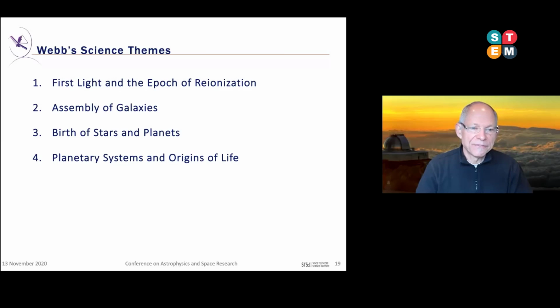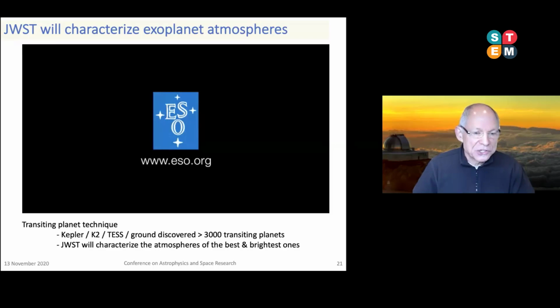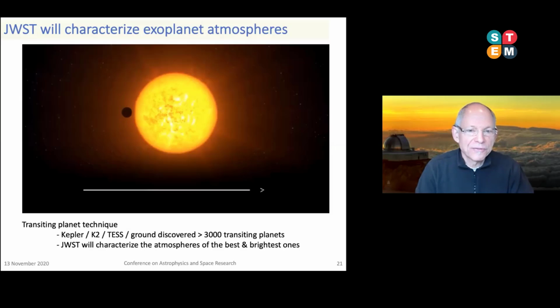And then the fourth theme is studying planetary systems and the origins of life. So this is both studying things in our own solar system and studying extrasolar planetary systems. I'd like to show you this transit technique. You're probably familiar with it, and this technique has been used for finding most of the planets around other stars,